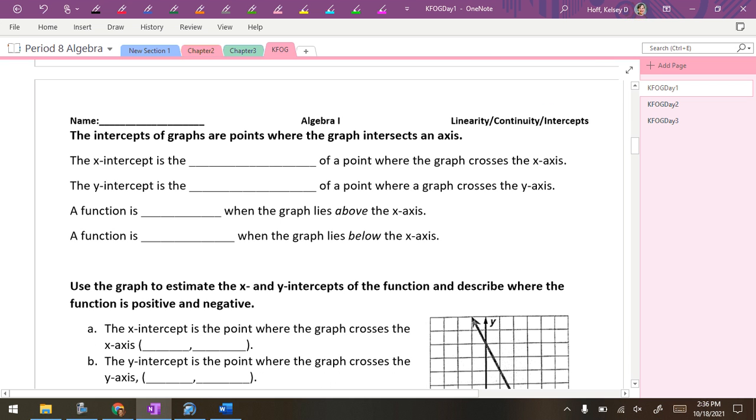Okay, now this next part you know. The intercepts of graphs are points where the graphs intercept an axis. We've done this, right? So you can fill this in with me pretty easily. The x-intercept is the x-coordinate of a point where the graph crosses the x-axis. The y-intercept is the y-coordinate